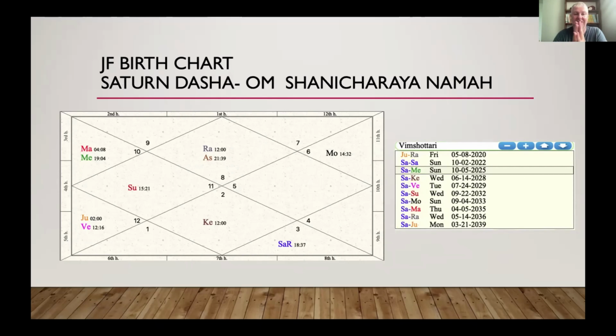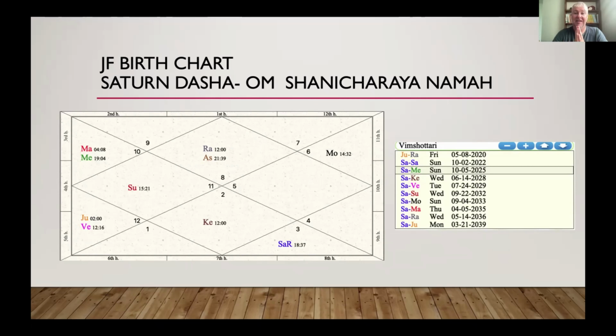Moving up to now, in 2022, Saturn really came to the forefront. Saturn is the lead. So, Om Shanaischaraya Namaha, I bow to Saturn. Saturn is leading the way in my chart right now, so I really have to pay attention, which means that I have a close relationship with my chiropractor. I'm going to meet my chiropractor very often. I know I'm bound to have some mobility issues. If I don't pay attention, I will have a hard time walking, for example, so I need to pay attention to that. We are in 2026 right now.